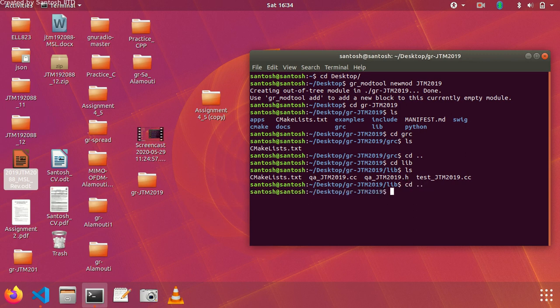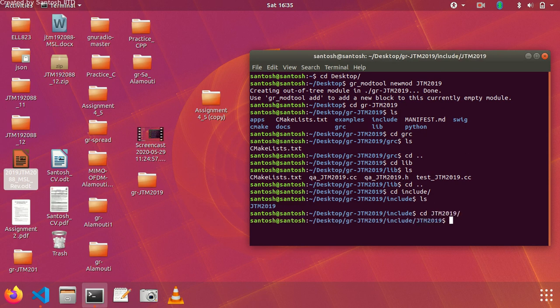Another folder is include, so let's go into the include. In include there is a ztm folder. So basically you are in ztm. Now let's look here. There is api.h and CMakeLists.txt. api.h is there because there are lots of APIs in GNU Radio. You can go to the GNU Radio website and see what the APIs are and what we can do. So in include, they are including the header file. When you add a block, there is an included file.